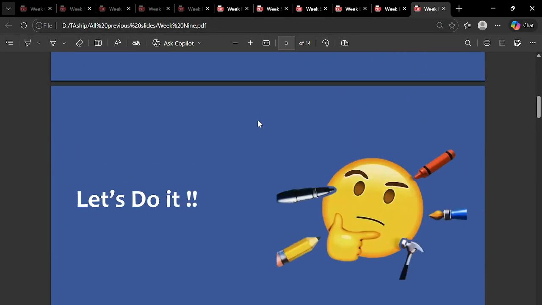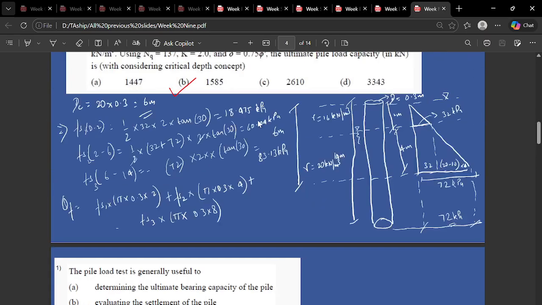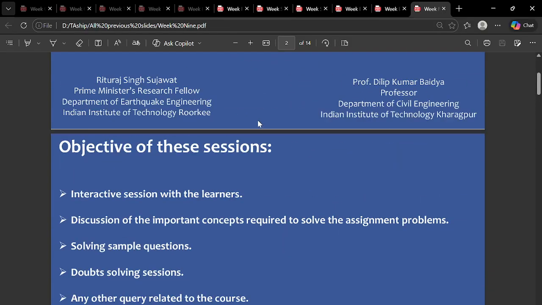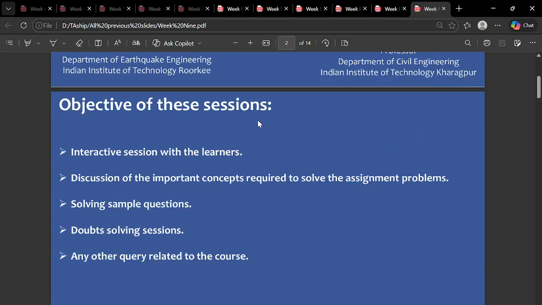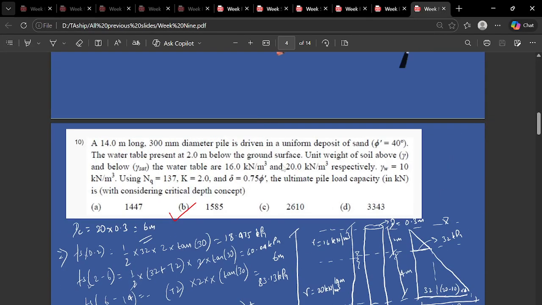So now it's about the calculation of your capacity when there is not a single pile but a group pile. So we also register the load coming from the superstructure with the group piles. So when you are given a 14-meter long pile which is having a 300 diameter, the phi dash